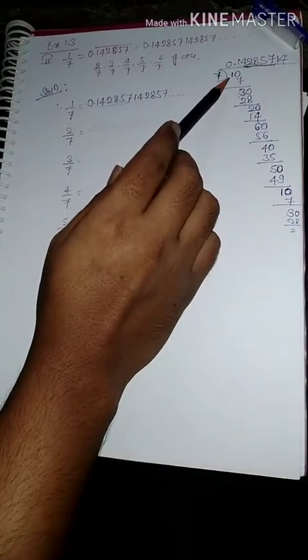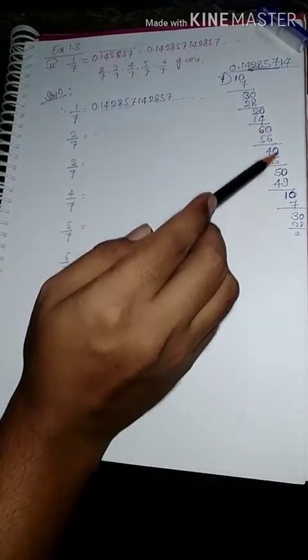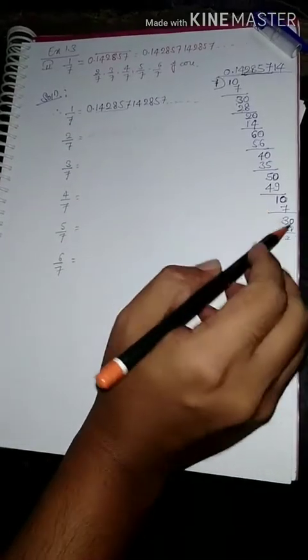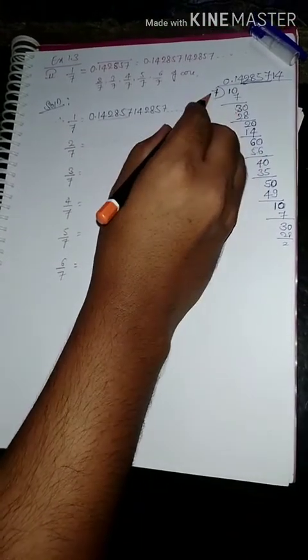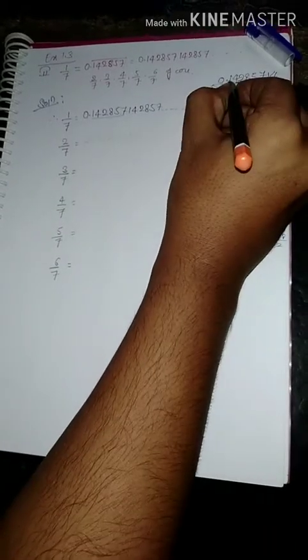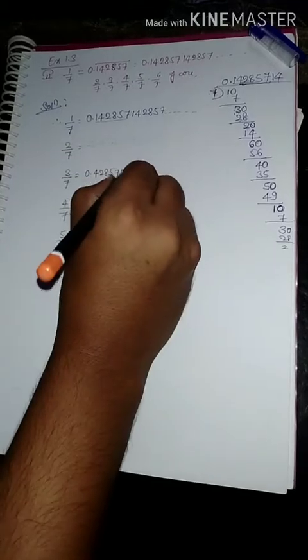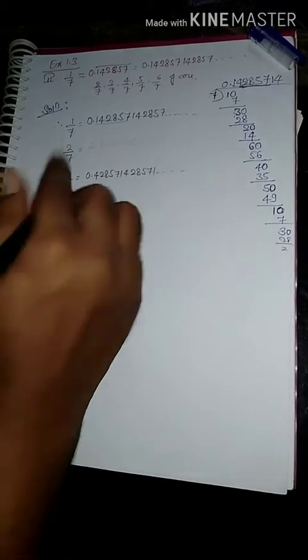So students, here the remainders start repeating in the same order after 6 divisions, 1, 2, 3, 4, 5, 6. After every 6 divisions, again the remainders repeat the same. Therefore, first here 3 by 7. The remainder is 3 here. It is nothing but 3 by 7. So 3 by 7 is after only one division. So we can leave the first quotient here and start from the second quotient, that is 0.428571, 428571 and so on. It is the division of 3 by 7.